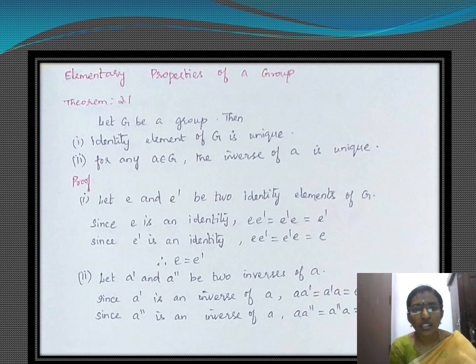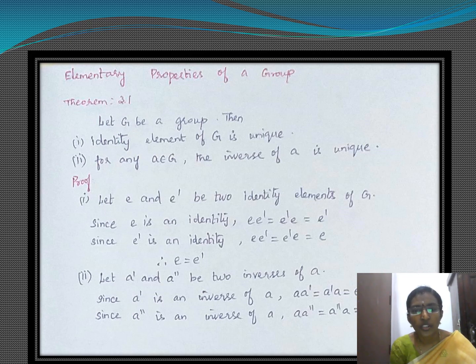Next, we will see elementary properties of a group. Theorem 3.1. Let G be a group, then the identity element of G is unique. Number 2. For any A belonging to G, the inverse of A is unique. In this theorem, we are going to prove the identity element E is unique and the inverse element A dash is